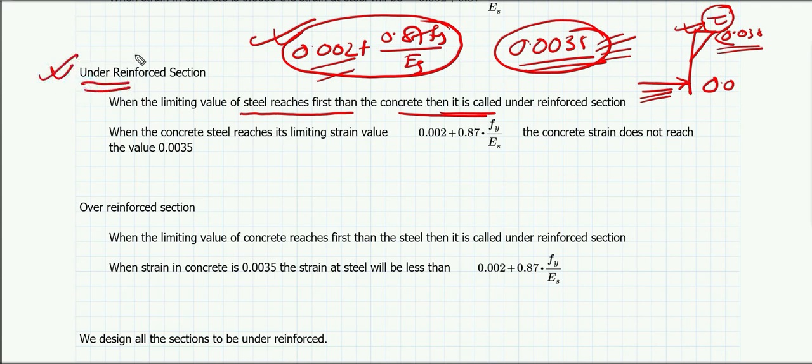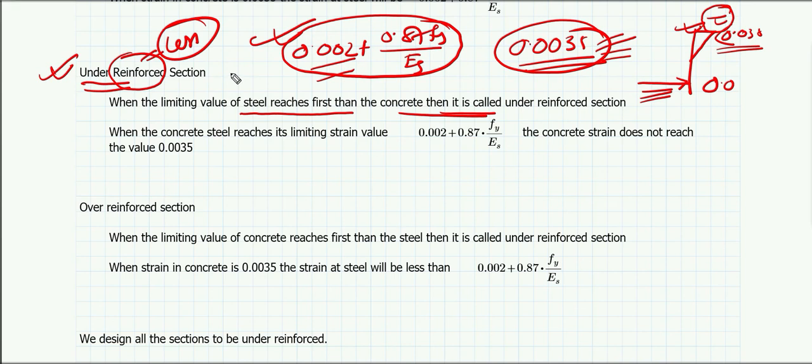Why under reinforced? That means the amount of reinforcement is less. If the reinforcement amount is less, for the same value of the force, you will have more stress or more strain, right? That means if you have not provided an adequate amount of steel compared to concrete, what will happen? If concrete is more and the steel is less, the strain in steel will be more, because steel is less but the load is high, so the strain will be high.